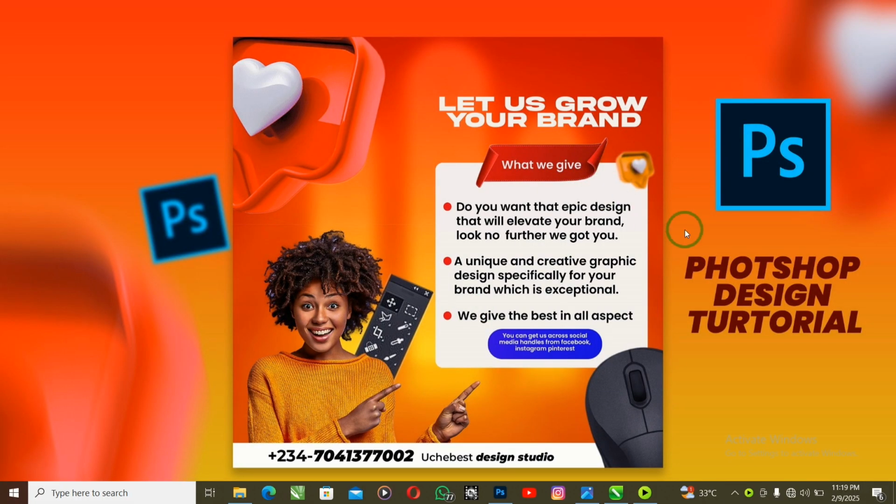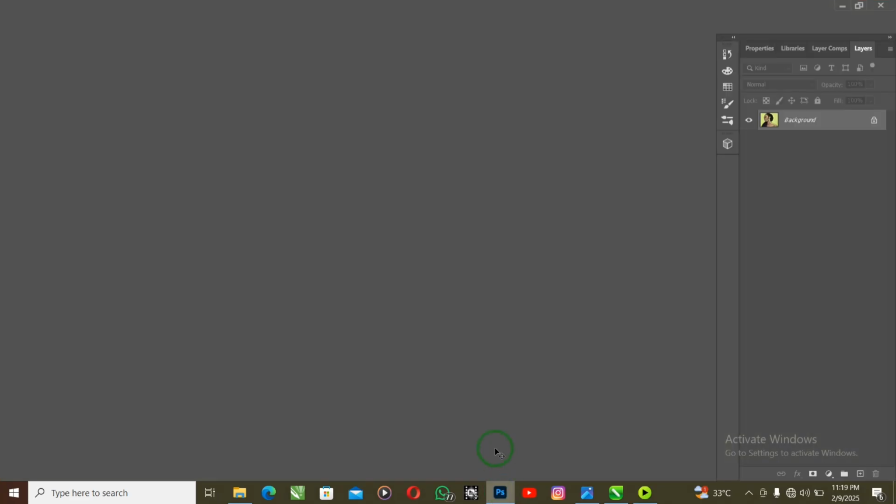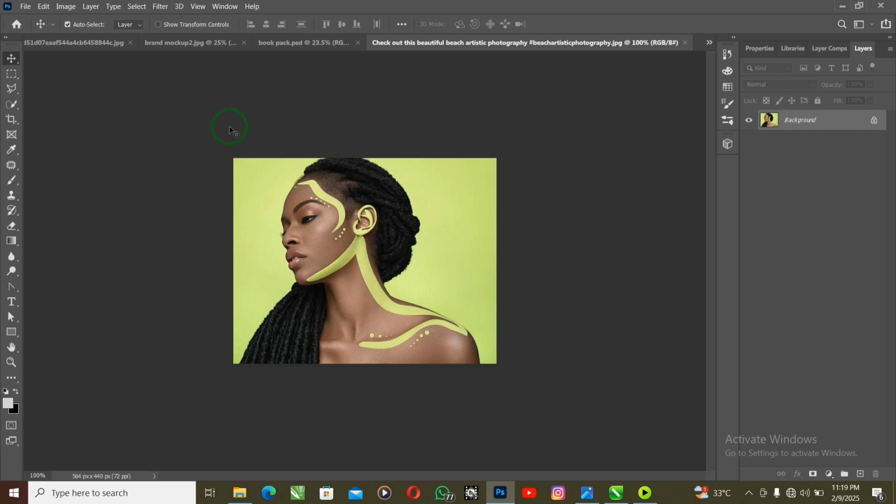So we are designing here with CorelDRAW. I'm going to show you how I made that high resolution picture and made it sharp. First of all, I'll open my Photoshop to crop the image, removing the background. So this method I use,